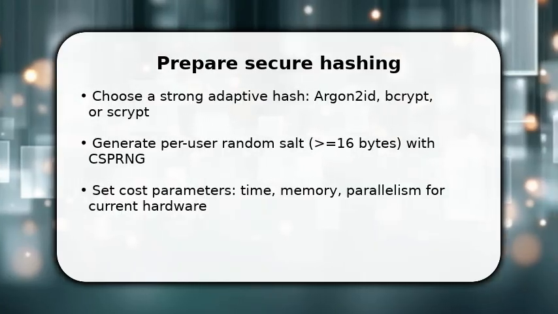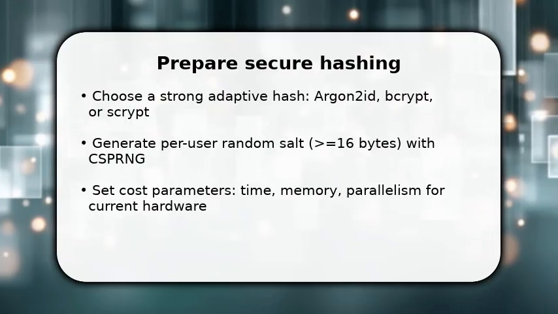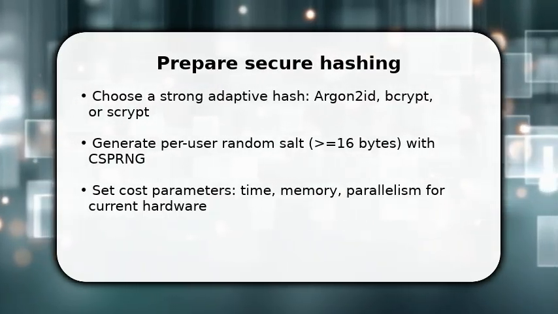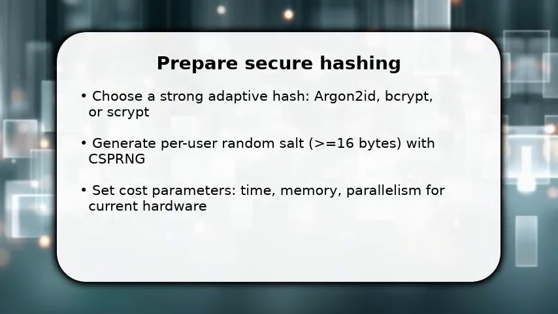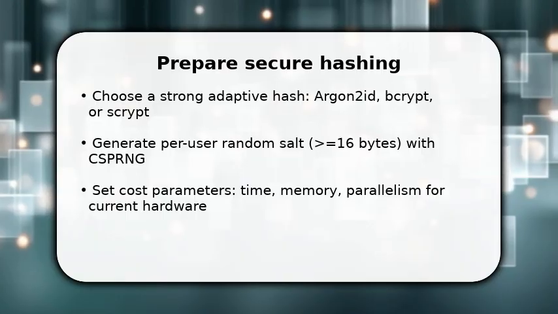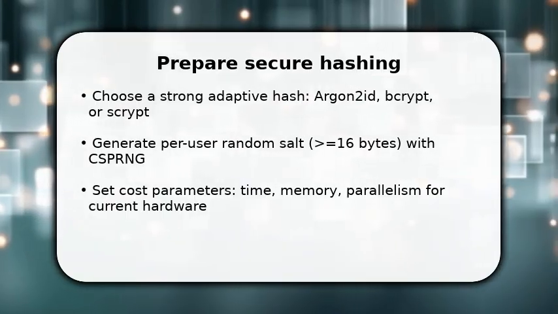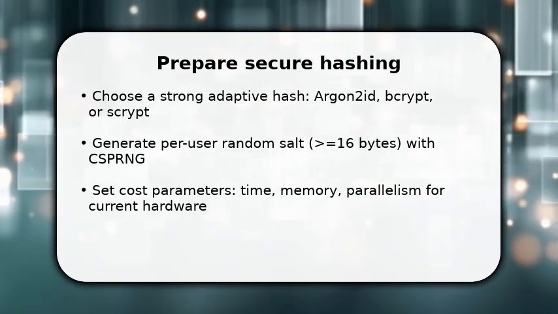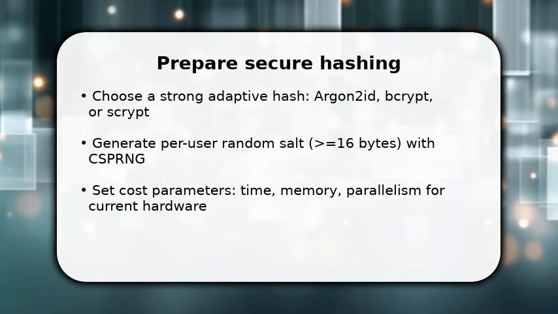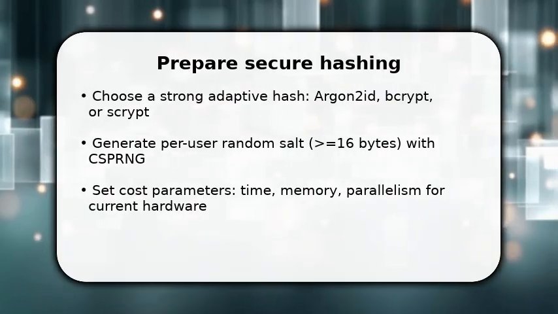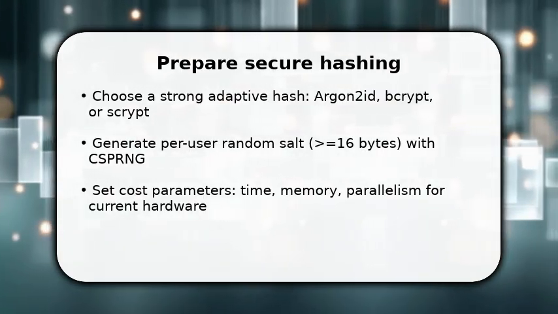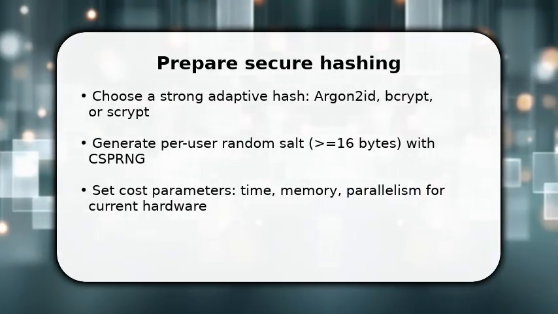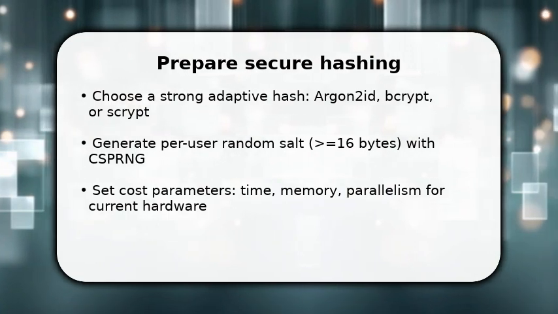You start by selecting a strong adaptive hash like Argon2id, bcrypt, or scrypt so attacks slow down over time. Once chosen, generate a unique per-user salt of at least 16 random bytes using a CSPRNG. This prevents identical hashes. Then set cost parameters, time, memory, and parallelism for Argon2id or rounds for bcrypt, tuned to your production hardware. Make sure to document those parameters with the hash output so you can verify and evolve